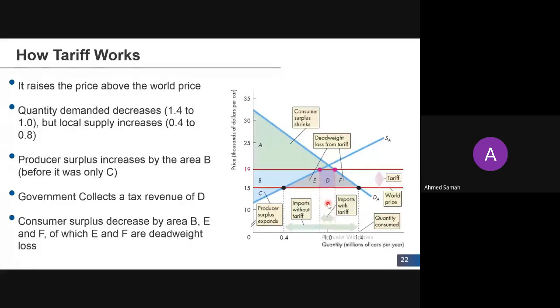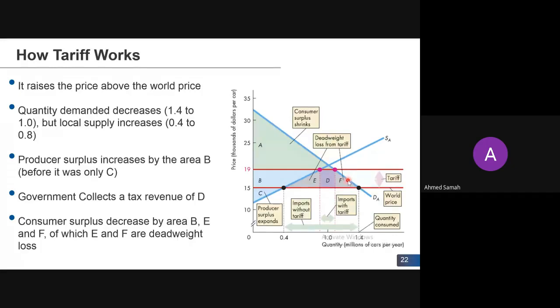So because of these tariffs, the previous consumer surplus is this particular big area, but now it is shrinking because the prices have gone up. But because the prices have gone up, the producer surplus has actually increased now. Then in addition to that, this particular area E and F is the deadweight loss created because of